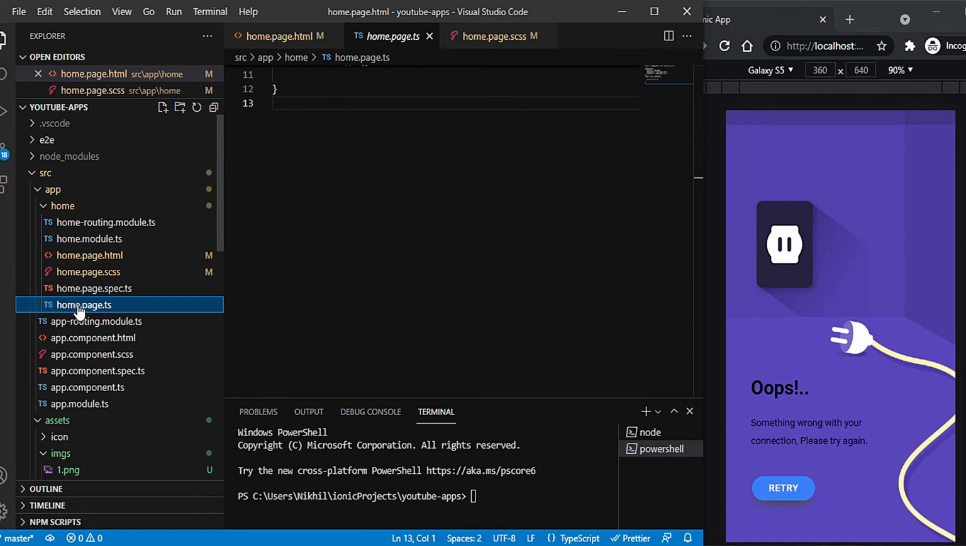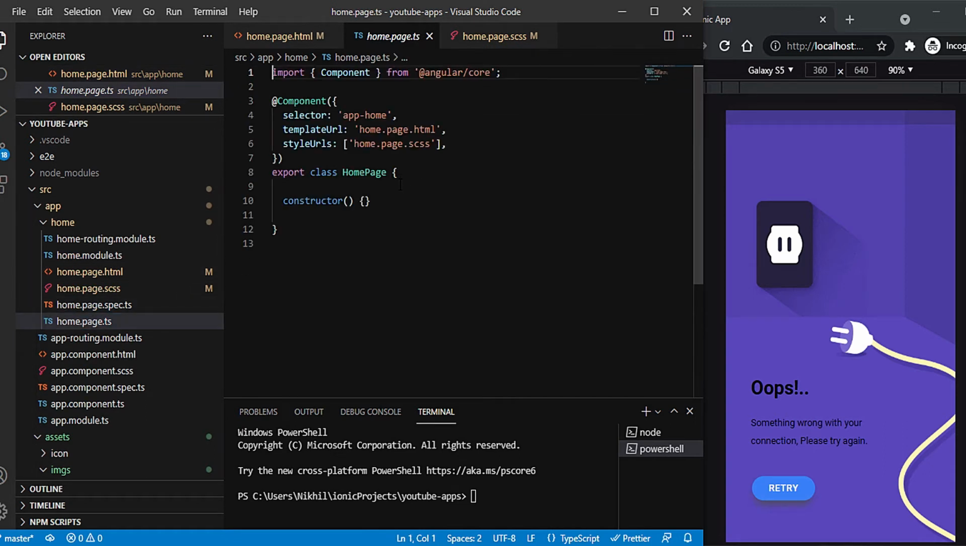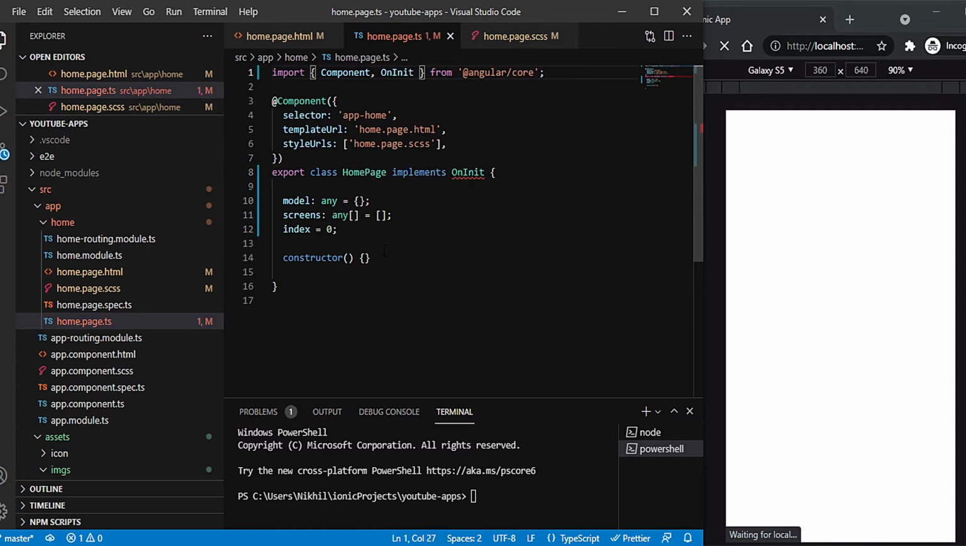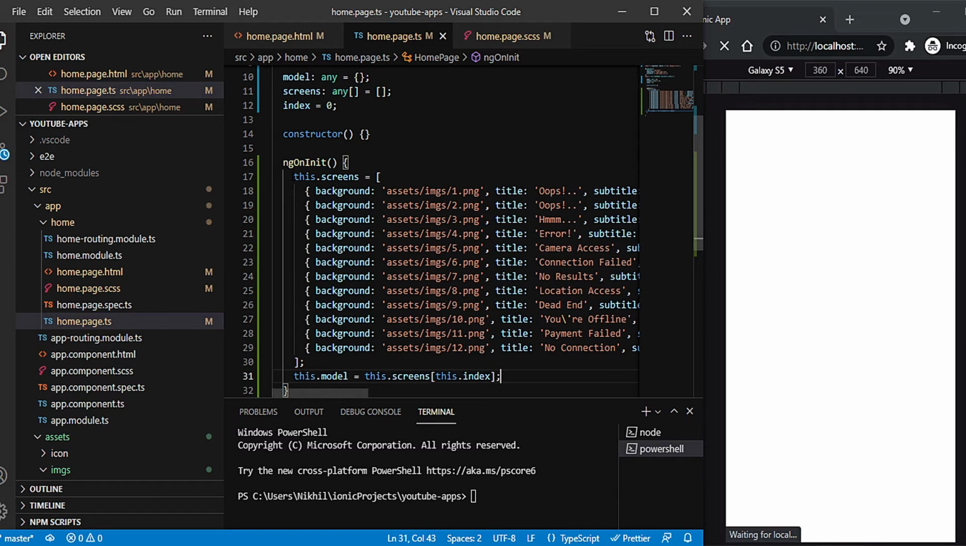So let me go to the TypeScript file, and out here what I'll do is I will declare few properties at first. The first one is the model of type any, which will be an empty object. Then I will have a screens array of type any array, and it will be an empty array as of now. And the last one will be the index, which will be 0. You will come to know why I'm doing this in a second. Now in the home page, I want to implement OnInit so that I can directly use the ngOnInit out here. And within our ngOnInit, what I'm going to do, I will simply initialize this array